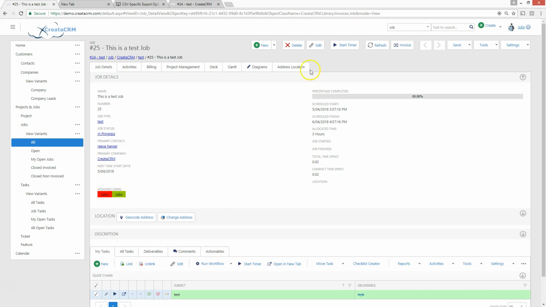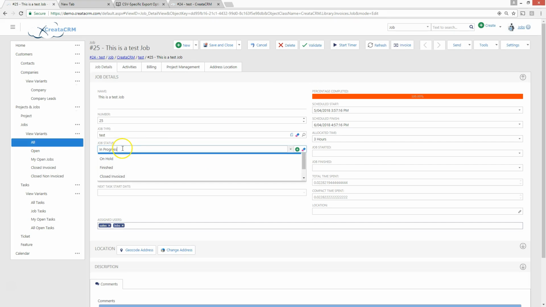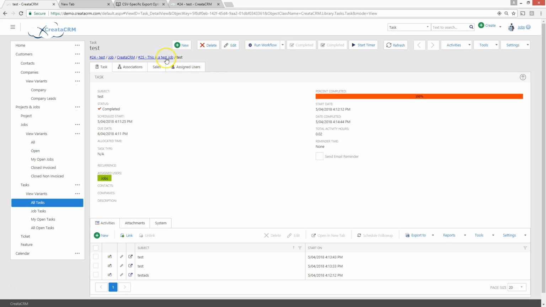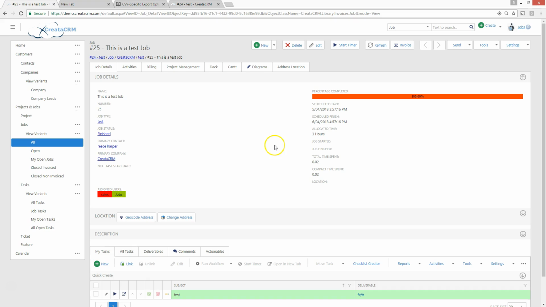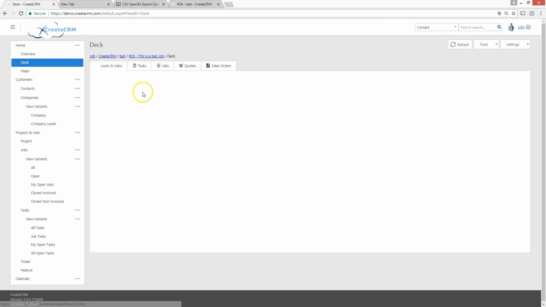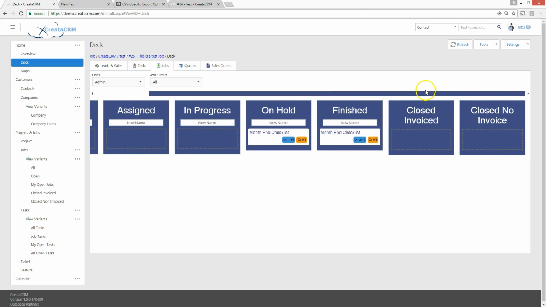Now you've finished a job, you can then click on the edit drop down menu, change it to I have finished this job, save and close, and now what happens is that it is now in the finish section. And as you know from the previous videos, if you go to the deck, and we're going to click on the job deck, it's in the finish section in here,